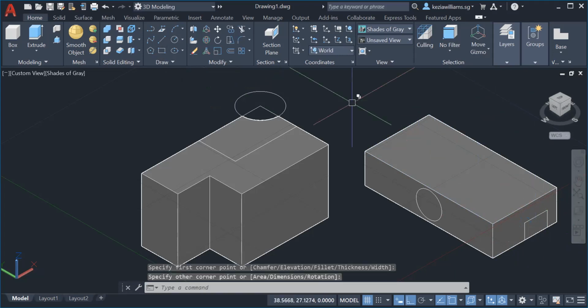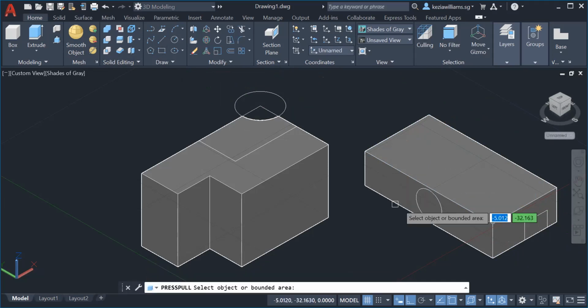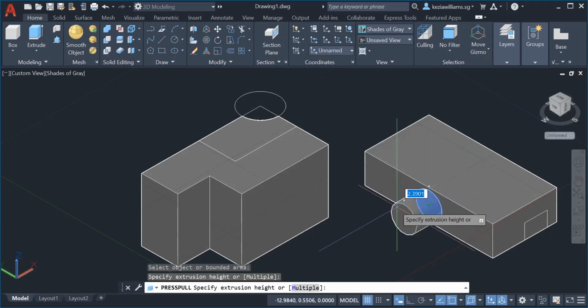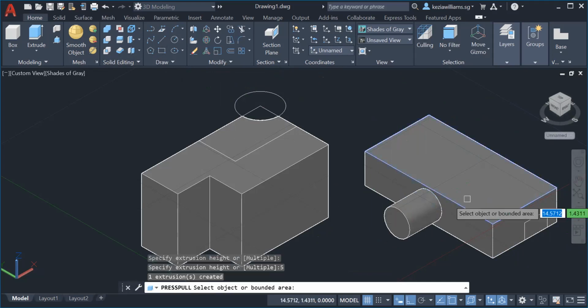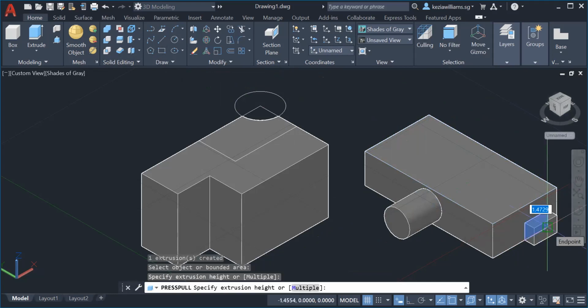Now again same thing, I'm going to press pull this area, and then I'm going to give maybe 5. And then same thing here, I'm going to give 4.